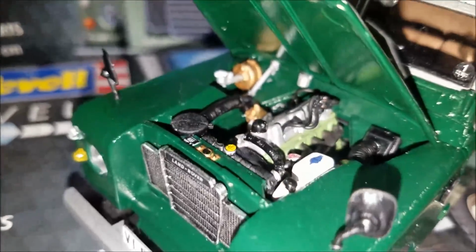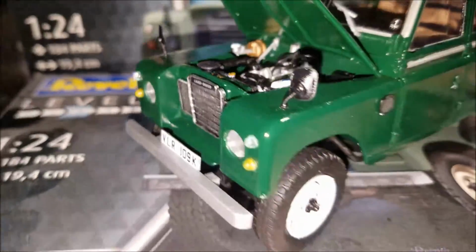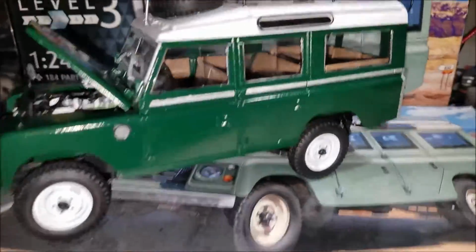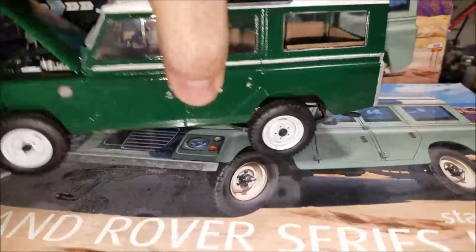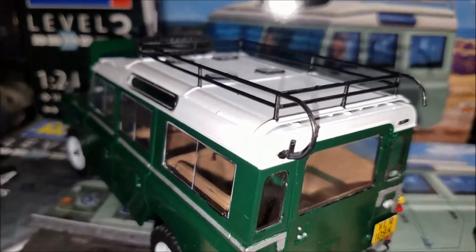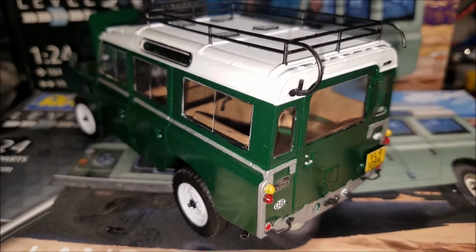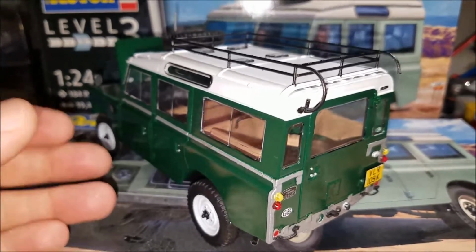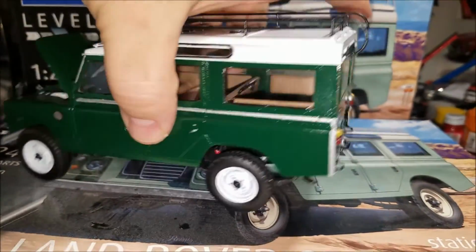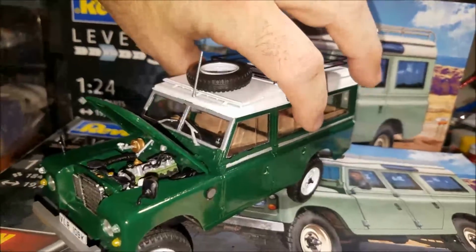There's the engine. I got it wired and everything. The wheels move. Roof rack. The only bad thing about this is part of the roof rack was broke right there, and I just didn't make it. I ain't worried about it. I got another one to build, but I couldn't find it anywhere in the plastic. I guess it was just a factory defect. I haven't even opened that other one up yet to see if it's the same way or not, but